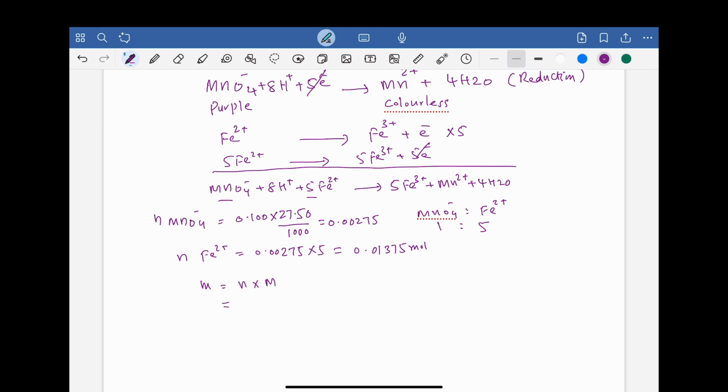The moles of iron we have is 0.01375, and the molar mass of iron, if you look in the periodic table, is 55.85. If I solve this, that will give me 0.7679 gram of iron. So this is the pure iron present in